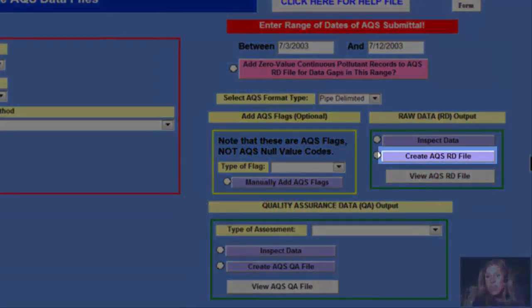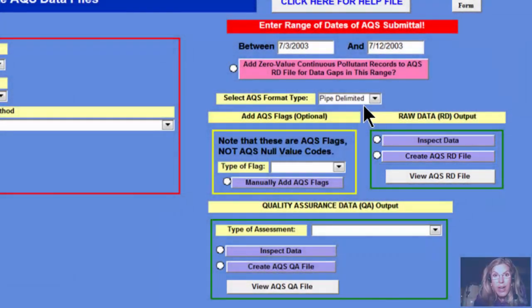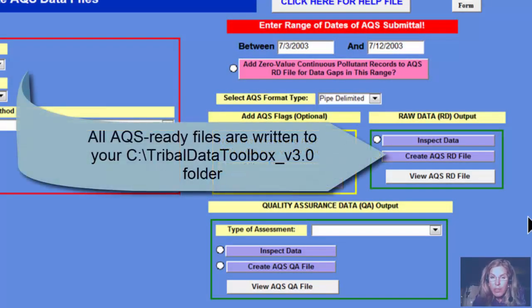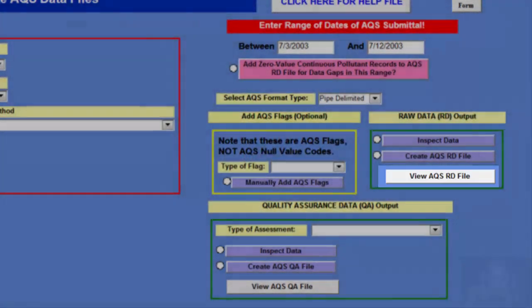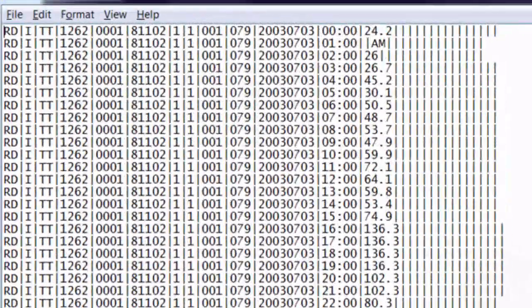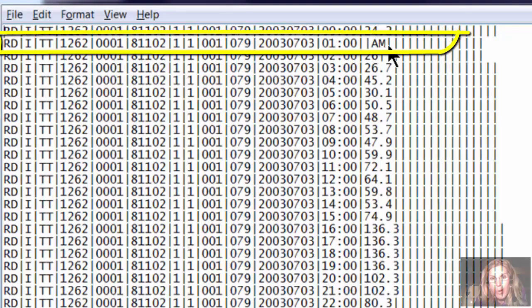Then you just click Create AQS Raw Data File, and you can specify whether you want it in pipe delimited or XML format, and it saves it in your C Tribal Data Toolbox version 3.0 folder on your C drive, and then you click View AQS Data File, and it produces a beautiful looking output. This is pipe delimited. We've got one row here where we've got an invalidation code, because we had a